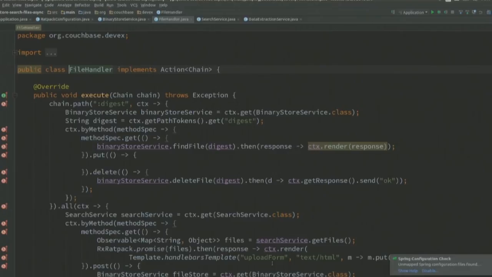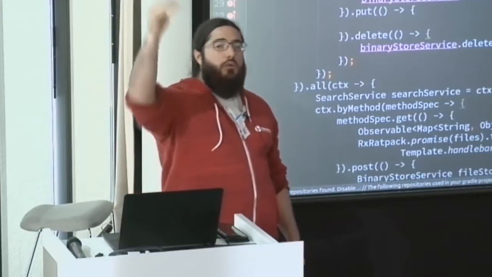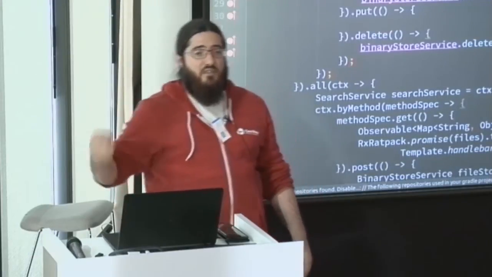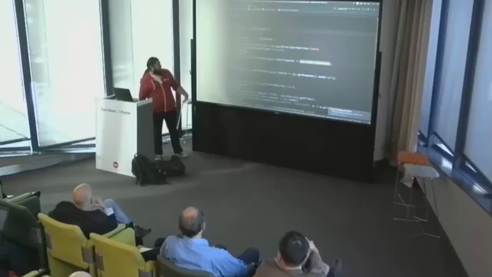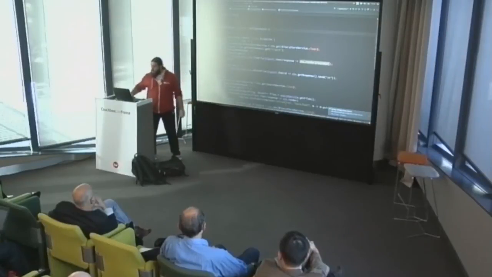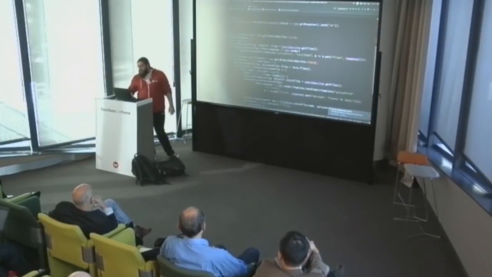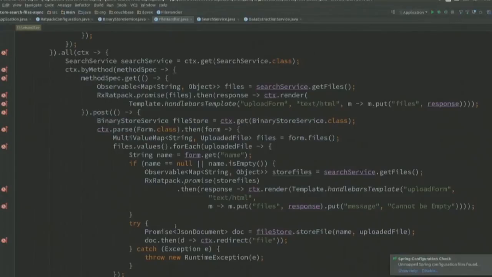So we can decide what to do based on the URL and HTTP verb. This is bad, don't look at this, because it's not implemented. You can delete. And then if there's not another path attribute, if it's just /file, then it means two things. Either you're doing a get and you want to get all the objects of my file API, or you're using a post and you want to create a new resource. If I'm doing a get, that's what you have here.